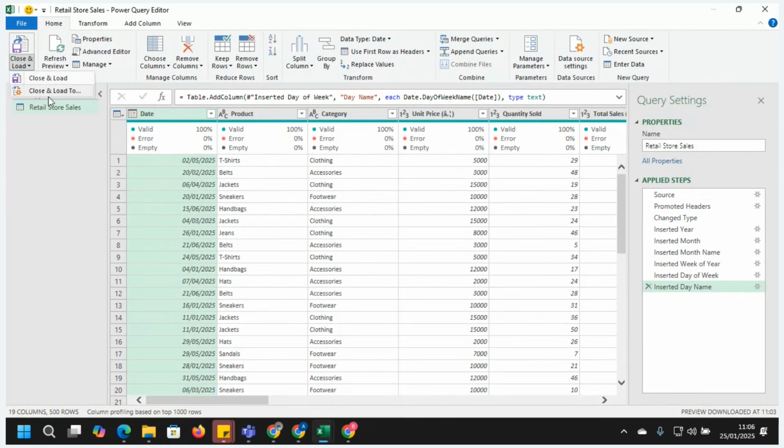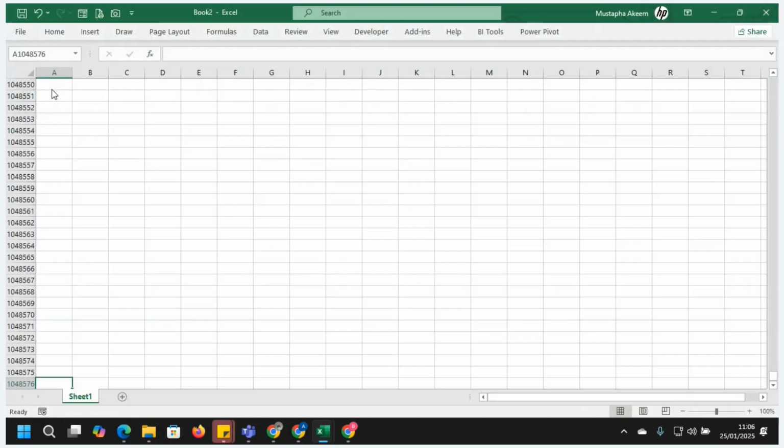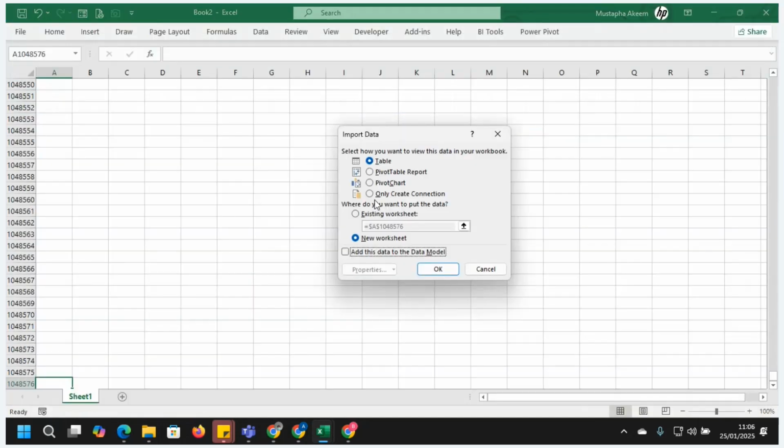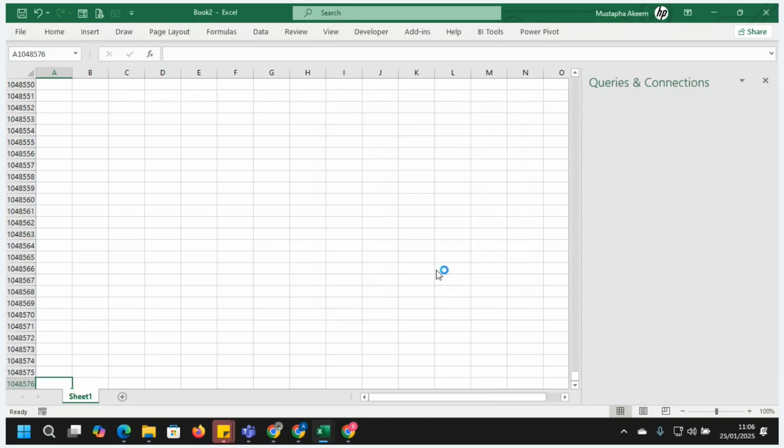But if I don't want to load the data, like I said earlier, you might have like 20 million rows of data to work with. You cannot load it to Excel. Even if you have 1.5 million, you can't load it to Excel. First, Excel cannot contain it. Two, it's going to slow down. What do we do instead? Just click Load To, then Only Create Connection. You can also add to the data model, but that is the talk of another day. So click on Only Create Connection.